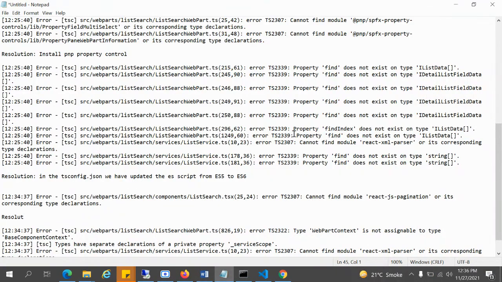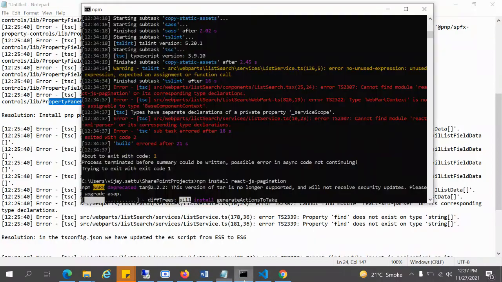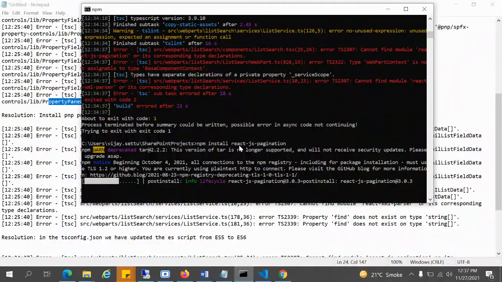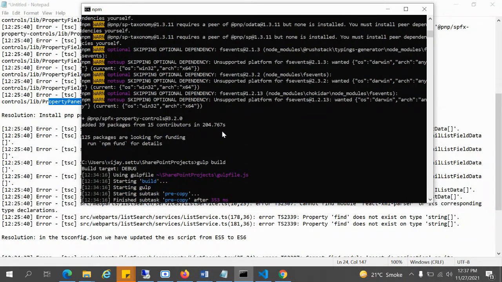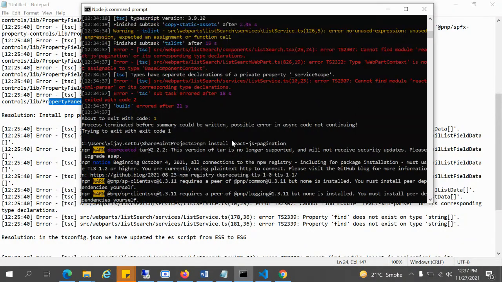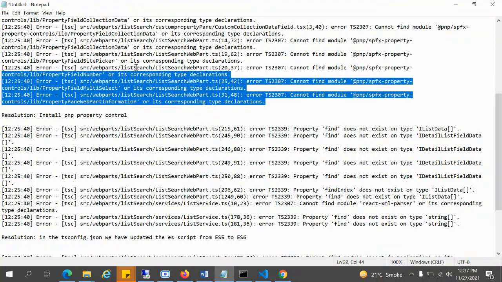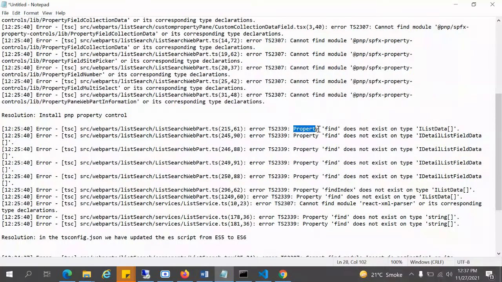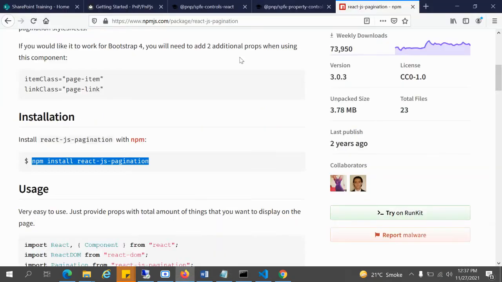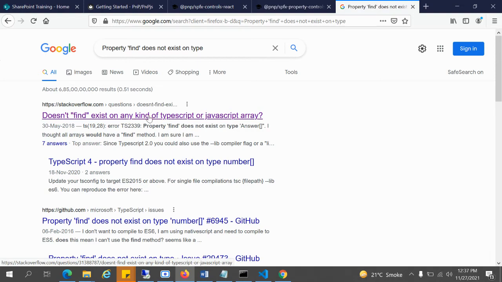Okay, guys, for this, install the property as done earlier. If you see, if you scroll up a little, if I run that, here it was loading some more. After installing this with pnpm, I will resolve this error and the other errors. Property 'find' does not exist. If you copy this error and search, 'cannot find the property'. Let's take this much. Okay, 'cannot find', and if I copy that, if you come here, you can see the first